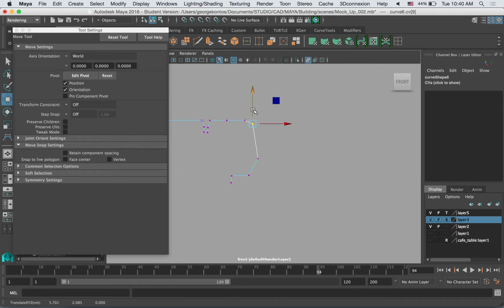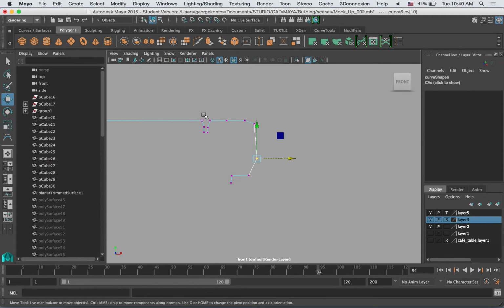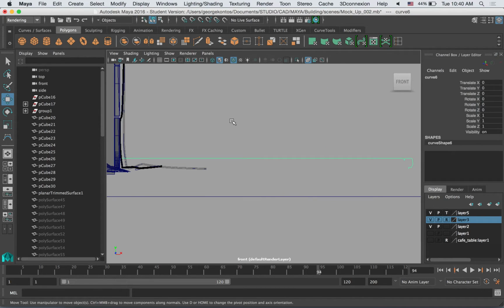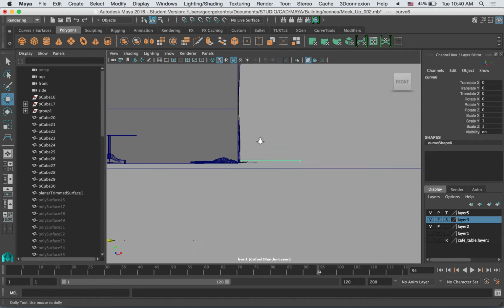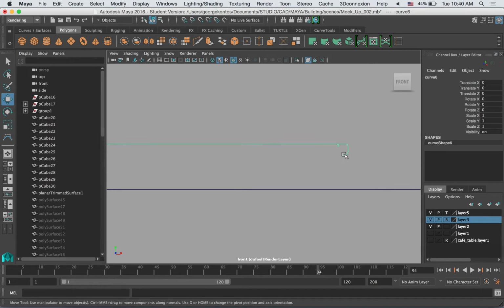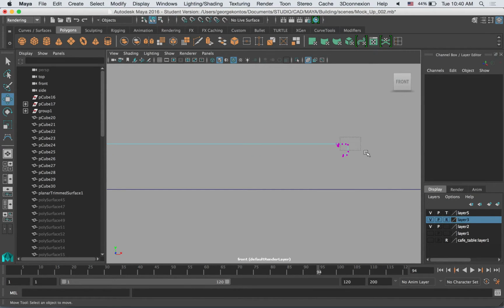So I'm just gonna go ahead and shape this a little bit more. Close this window, go to object mode, and let's look at this. That's really small here. I just need to